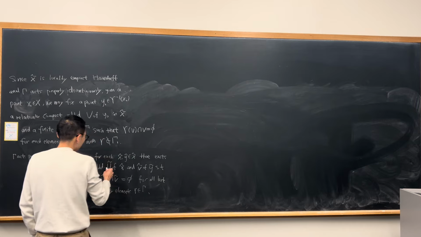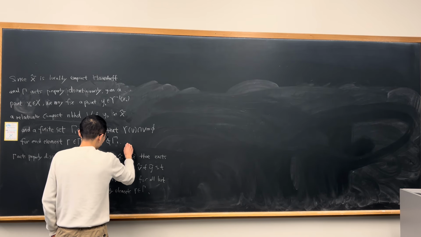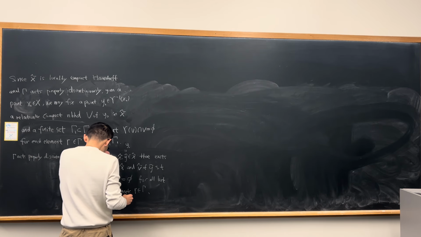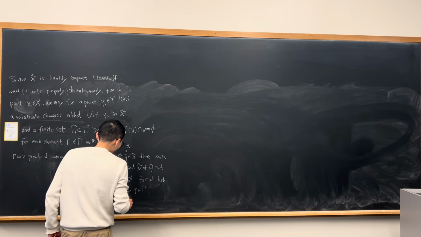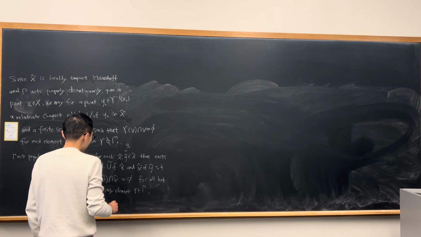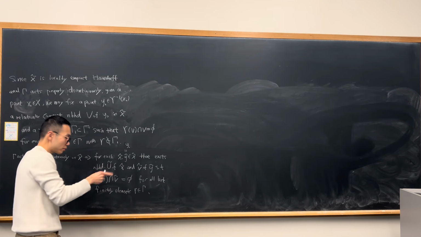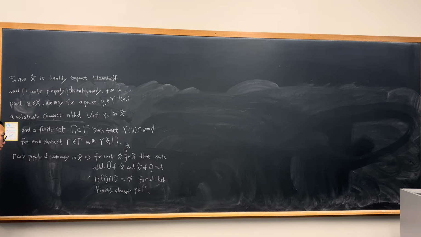The idea is that you think of this as just the y naught, right? So this is just y naught. These two points are the same. You pick the same point, and then